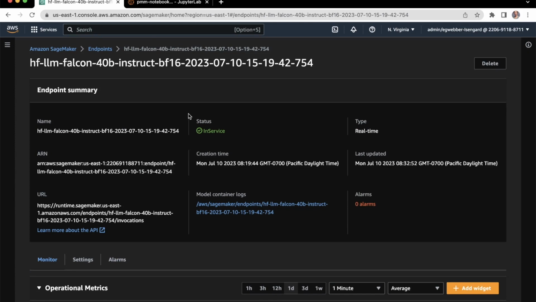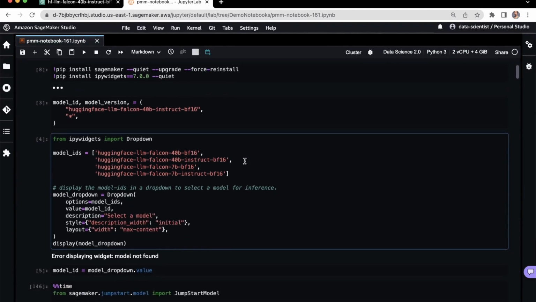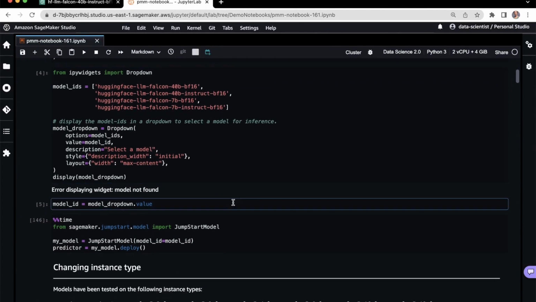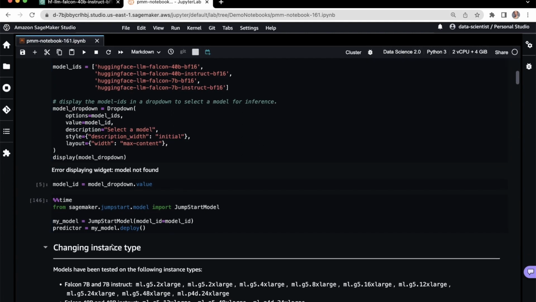The endpoint has already been created, and we're going to point to that endpoint using actually Boto3. So the notebook link points to a pre-created endpoint. It does have the code to create it, so if you'd like to use the notebook to create the endpoint and then invoke it in the same session, you're welcome to do that.